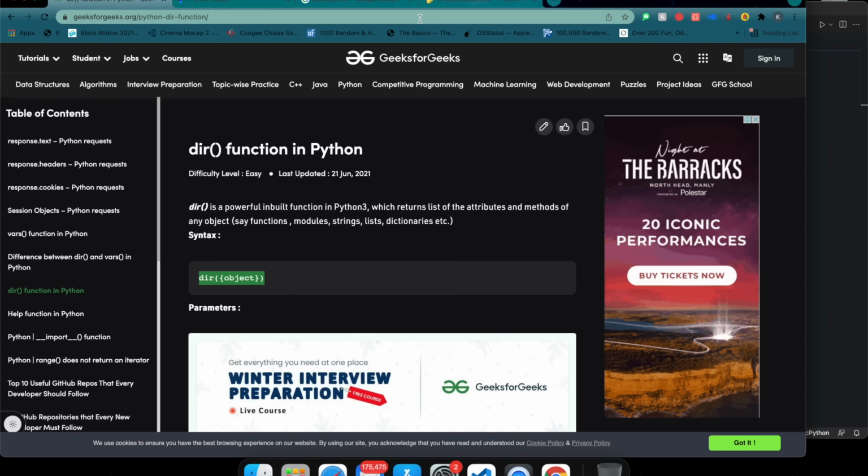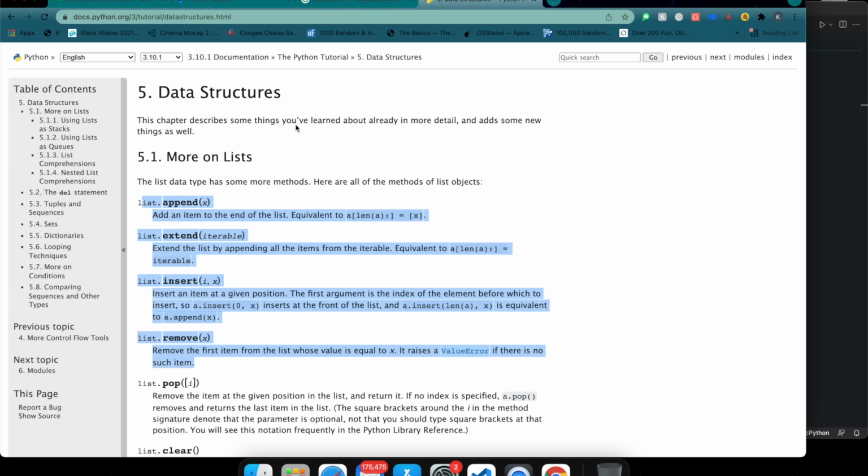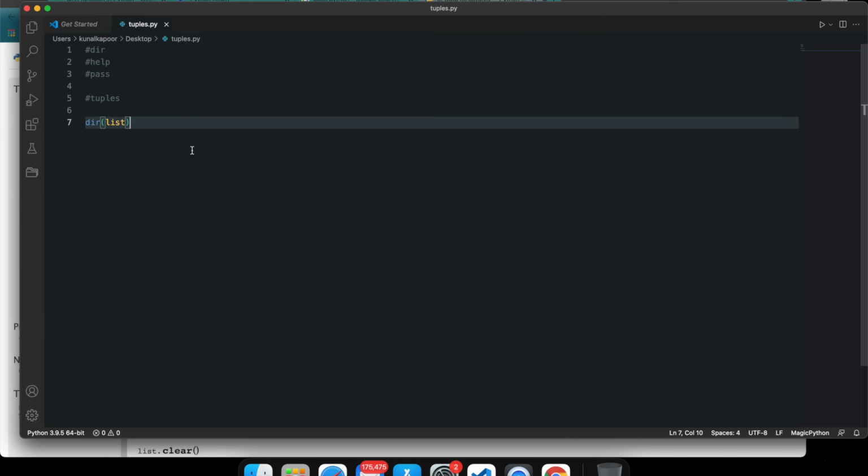So until now, we have been coming to the website to see what functions we can actually perform on a list, right? What I'm going to show you now is using the dir command. We can actually see all of these inside Python itself. So if I run this now,